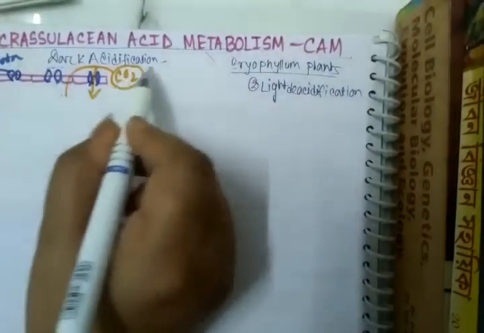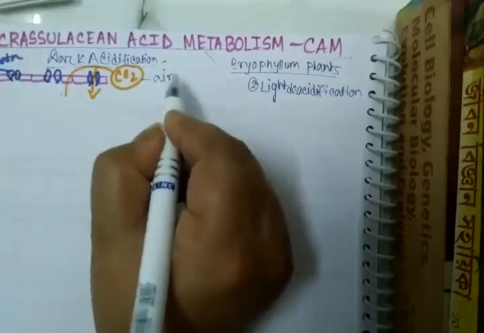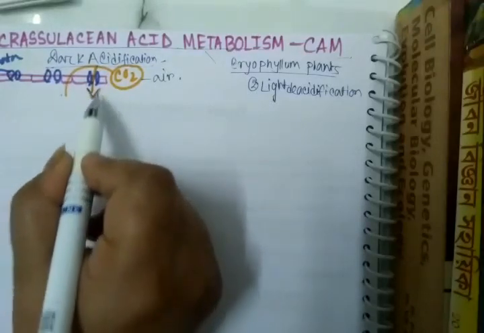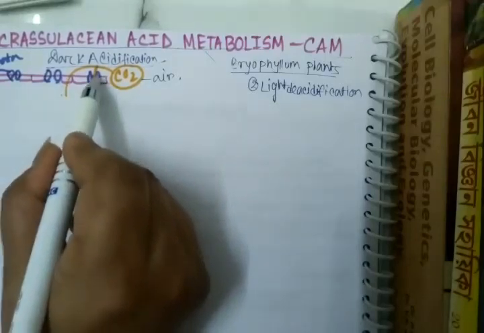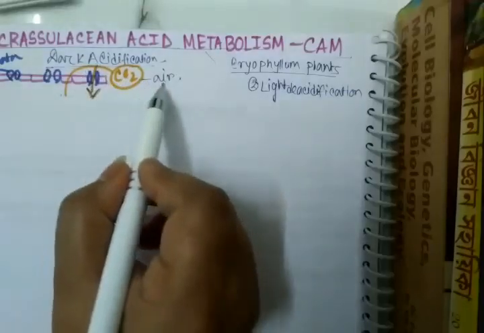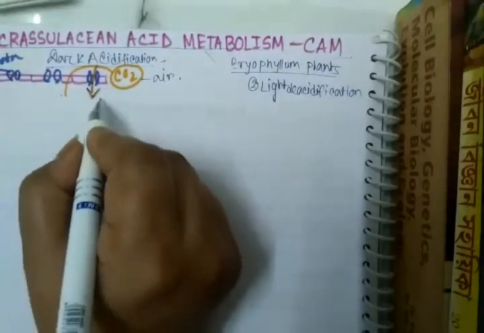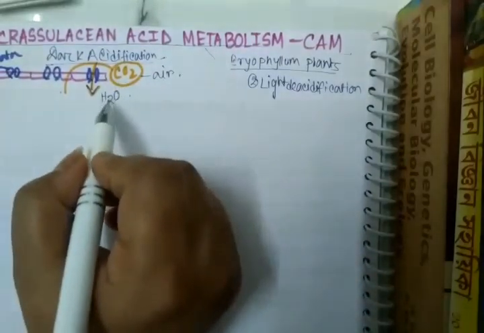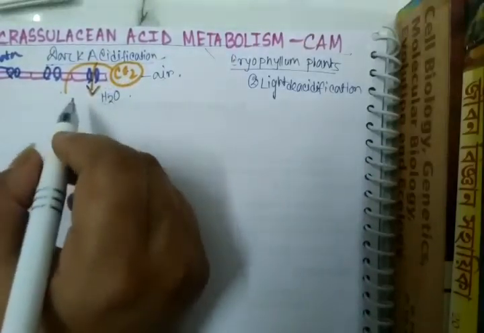So in the dark acidification, the CO2 which is present in air will enter into the mesophyll cell, and this is the upper epidermis, and this blue color is the stomata. So the CO2 which is present in the air will enter into the mesophyll cell, and in this cell water is present, and CO2 will react with the H2O, and at first it will form